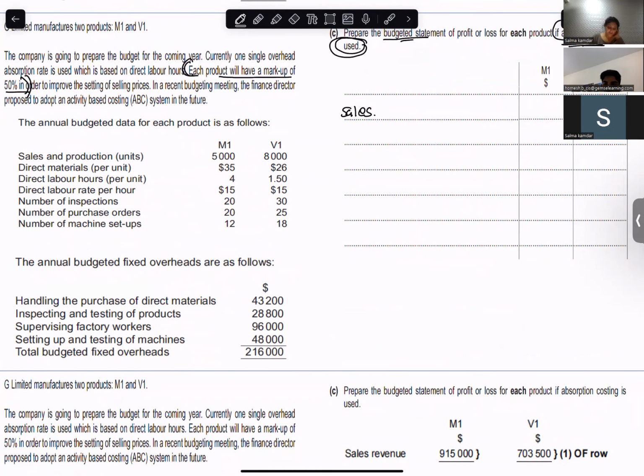Okay, now let's go for the material costs. What is direct material? It is $35 per unit, so how much will it be? 35 into 5,000, it will be 175,000. For V1, 8,000 into 26, so it will be 208,000. For direct labor,